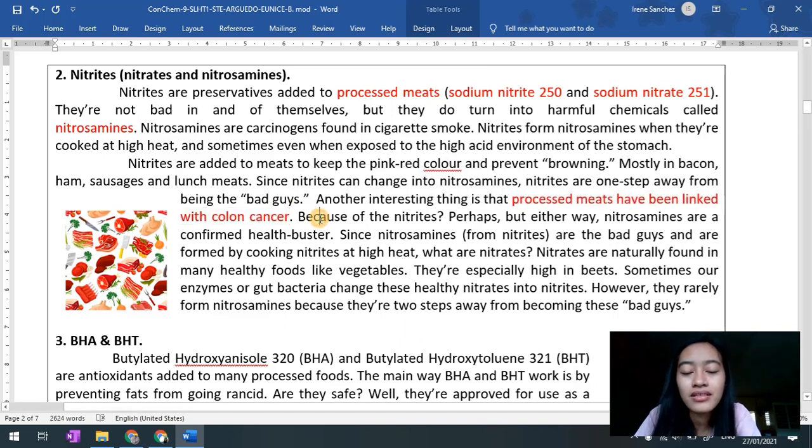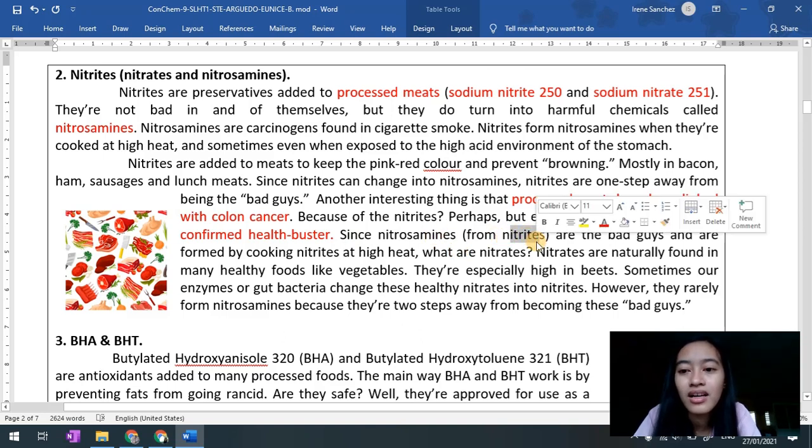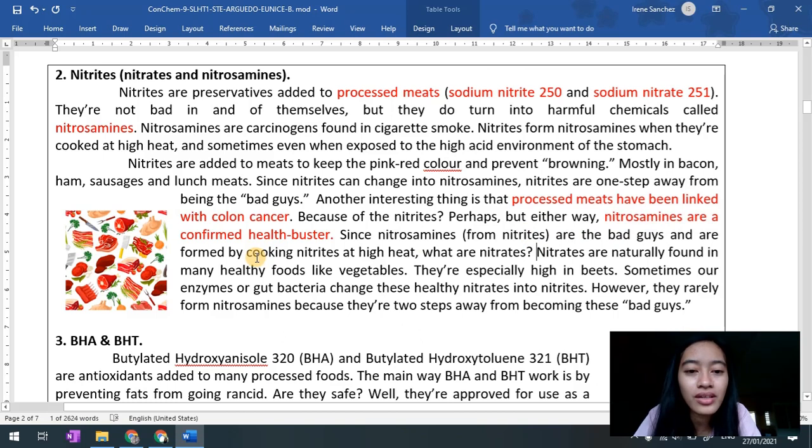Okay. And is it because of the nitrites? Perhaps, but either way, nitrous amines are a confirmed health buster. So it's not good to eat processed meat. Since nitrous amines from the nitrites, preservatives, are bad guys and are formed by cooking nitrites at high heat, what